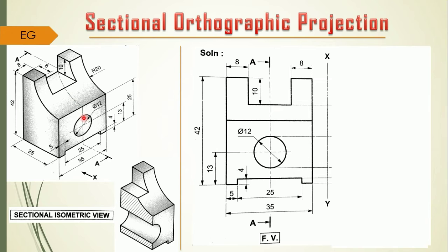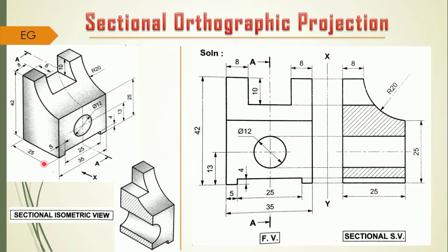Again, here you have a circular hole. So there is no further cutting till this end point of your circle. And for the rest of the part, again there you have the cutting of solid portion. So that solid portion is shown over here. Where your cutting blade touches, for that portion you have to show by means of hatching lines. Now simply you have to construct the side view from this direction of arrowhead Y, where you have the rectangular box of 25 by 42. So just start for that.